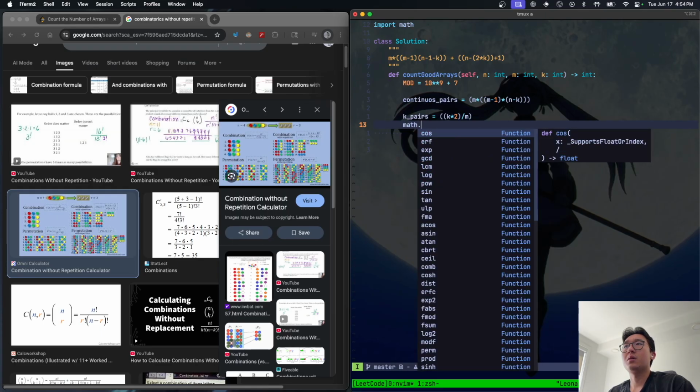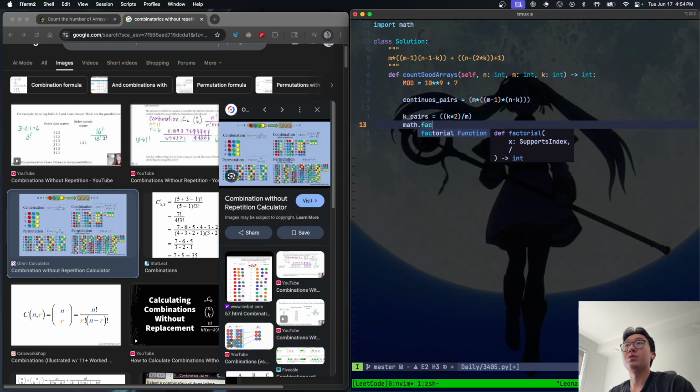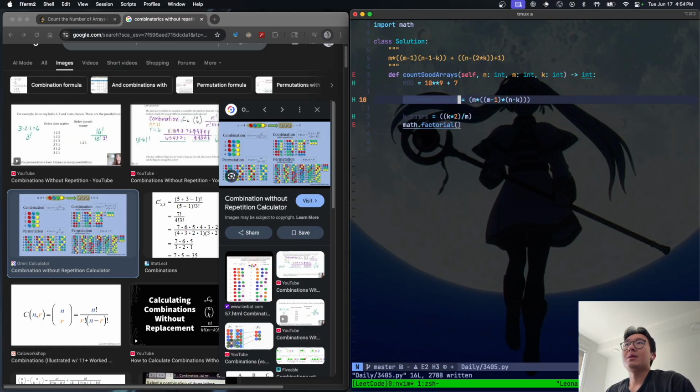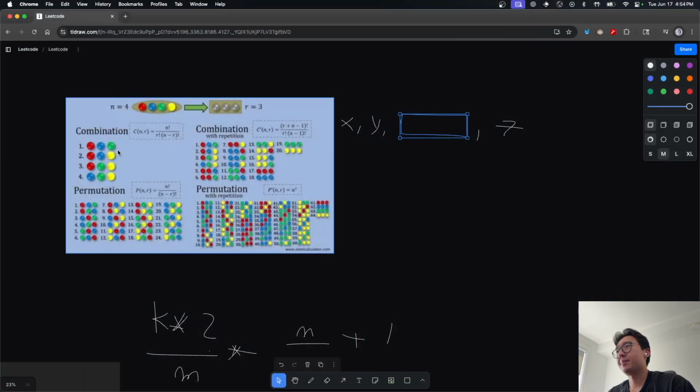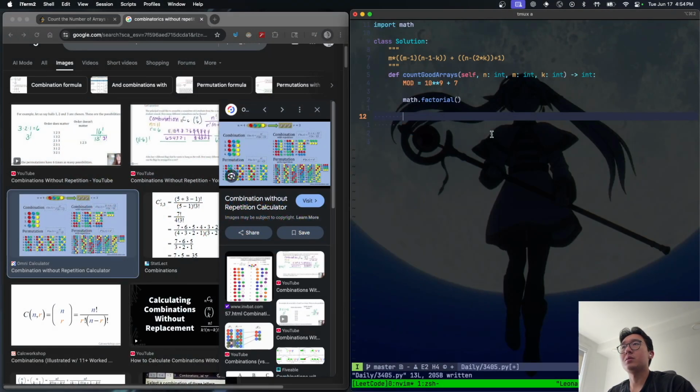Math dot. Okay. Oh, we do have factorial. Okay. So let's see if that works. So n factorial. So rest is equal to math dot factorial